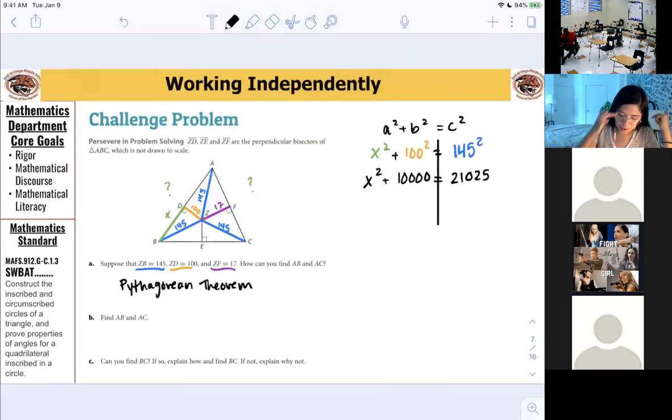Okay, cool. Now, what do I do to get x by itself? You subtract 10,000. Good. Minus 10,000. You have to count those zeros carefully when you put that in your calculator. What do you get? 11,025. And then the final step,